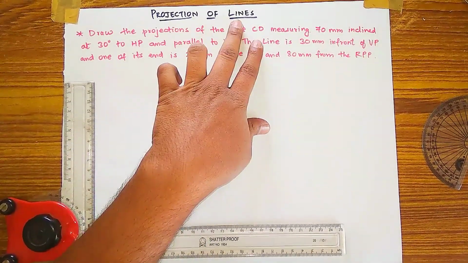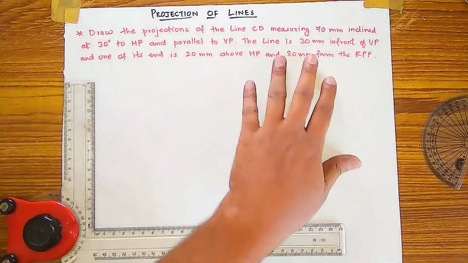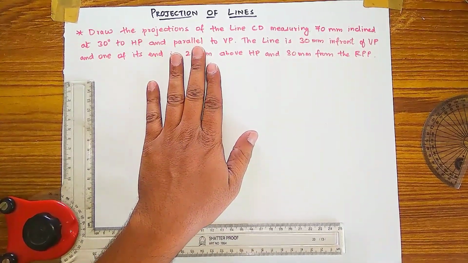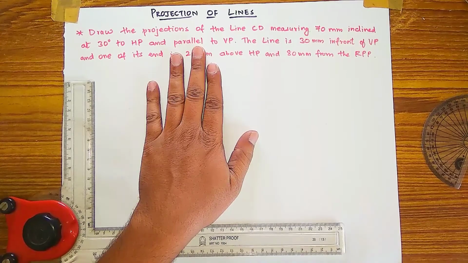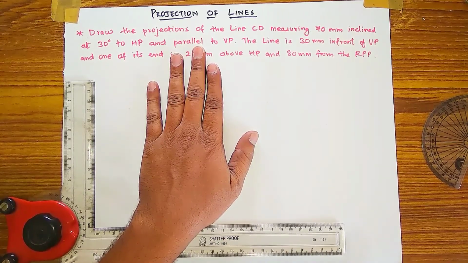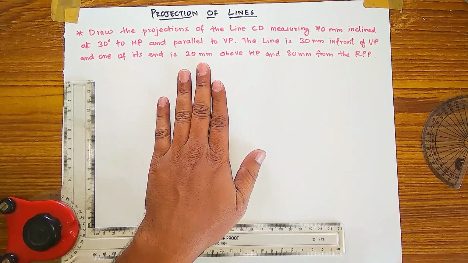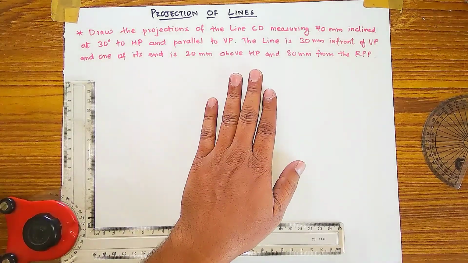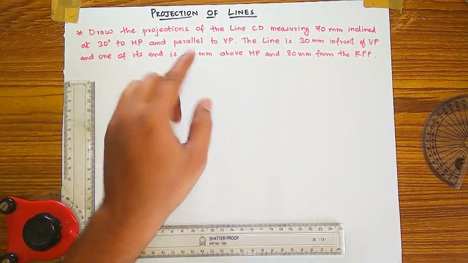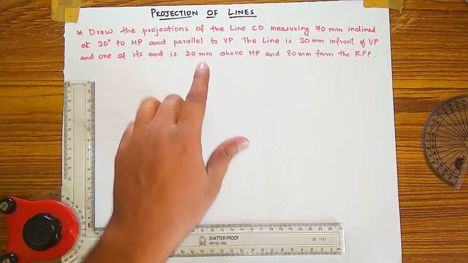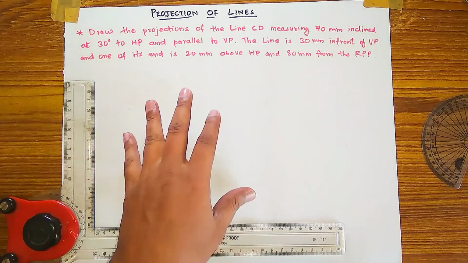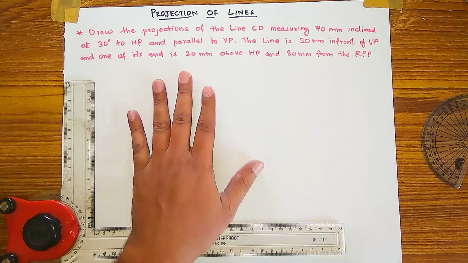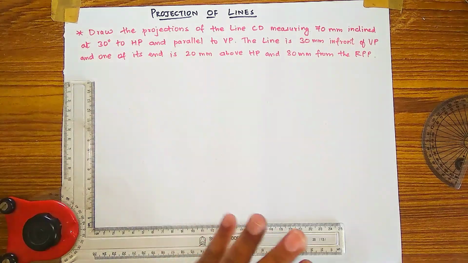I am going to explain the projection of lines problem, and this is the problem. This projection of lines is applicable to diploma, ITI and engineering students, and this problem is of 10 to 15 marks for the different branches. I am going to explain it in detail, practically and theoretically. So how to do this problem according to the question? Please watch my videos till the end and also practice by yourself, then only will you understand how to draw this problem with these basic skills.